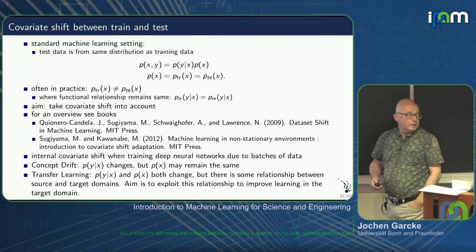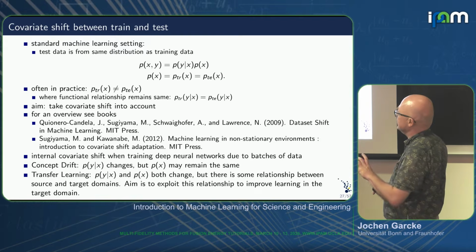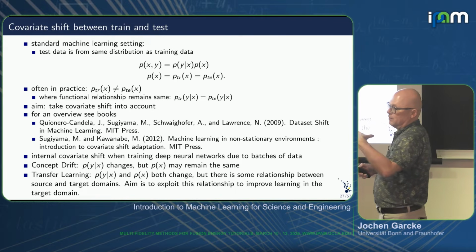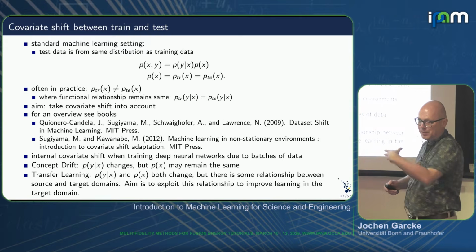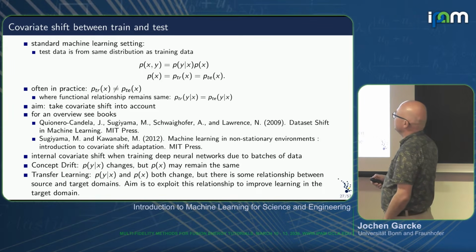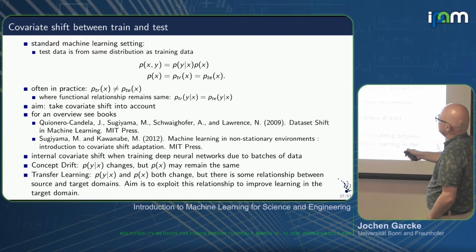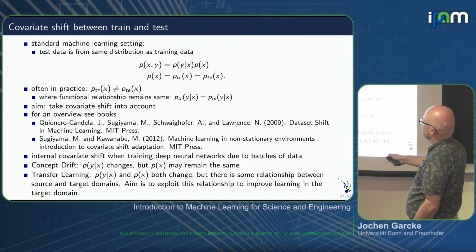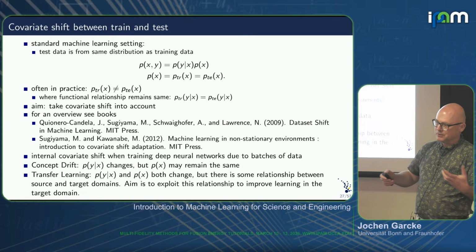Another concern is covariate shift between train and test, or more like between train and where I actually want to deploy. That's maybe the right way to approach it. Originally we always assume the data where we use the model has the same distribution as the training data. But in practice, there can be shifts.